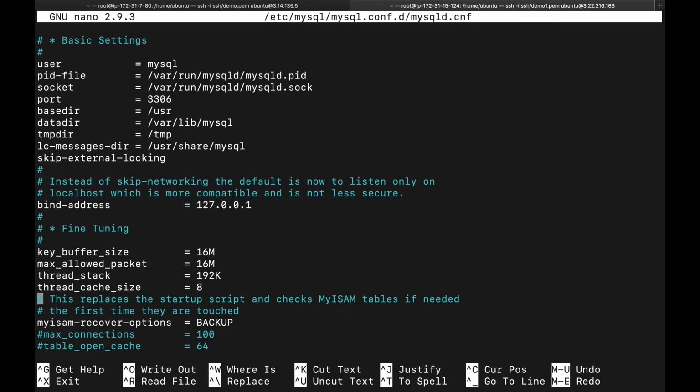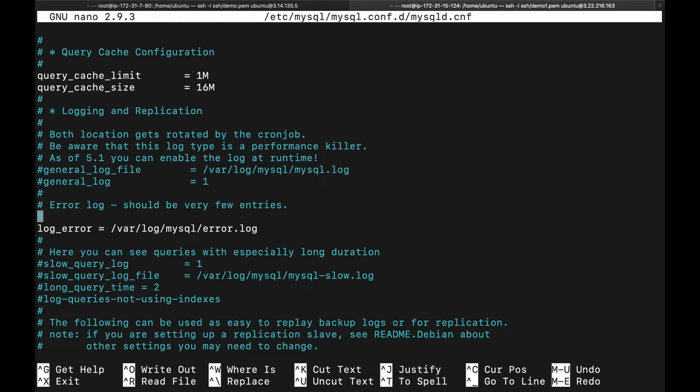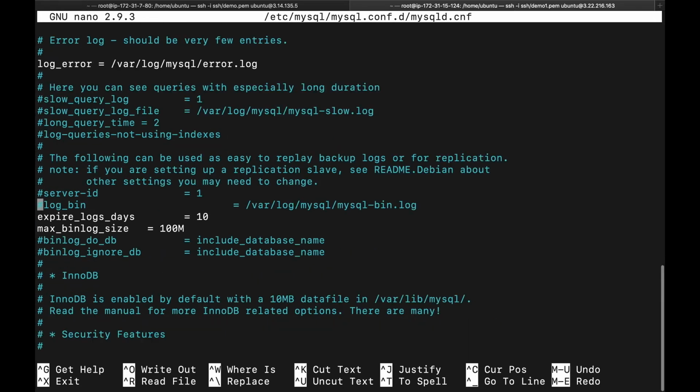So let's configure the slave now. As we discussed, you have to change the server ID here. The server ID should be unique. The first one was 1, so now we will put 2. If you create another slave, then you will put 3. In this way we can do the server ID configuration. Now this is log bin. Yes, uncomment this. After that, the database is the same, demo.